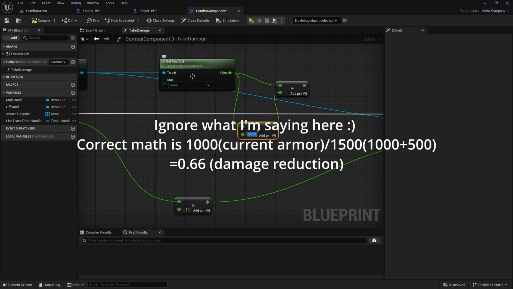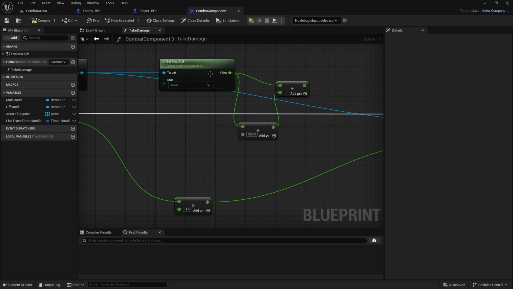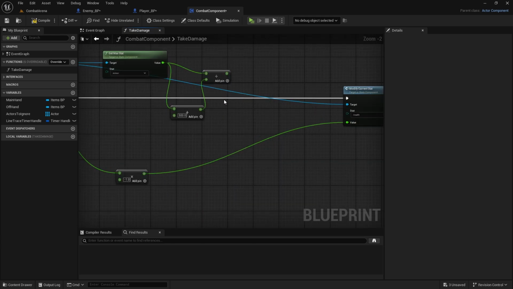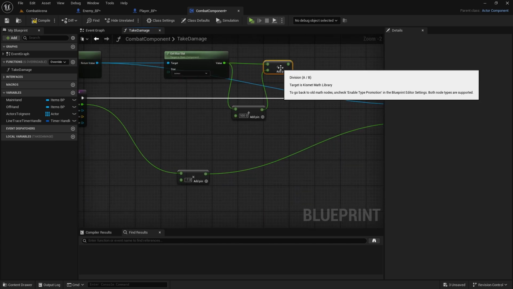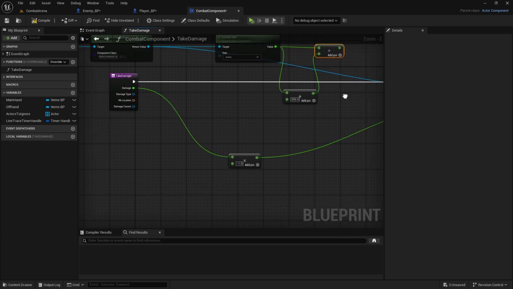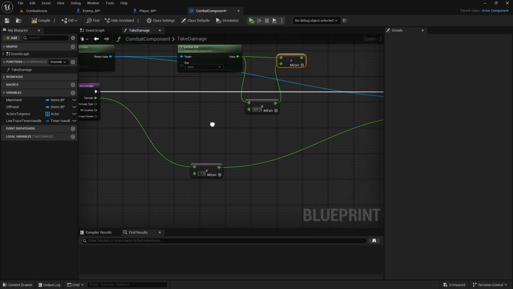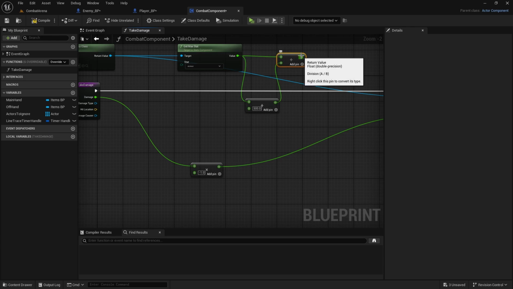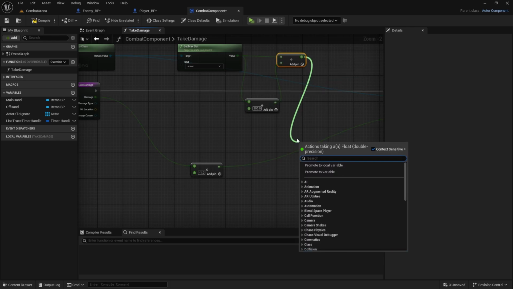So you can adjust this value as you wish. If you have a higher armor in game, then you should probably go higher here. If you do 1000, it will be less damage reduction. But I think the maximum at the moment I can equip, even with the shield, is around 500. So I'll leave it at 500, and then this is the damage reduction, but if we multiplied this by damage, it would give us a wrong value, because we need to first do subtract,